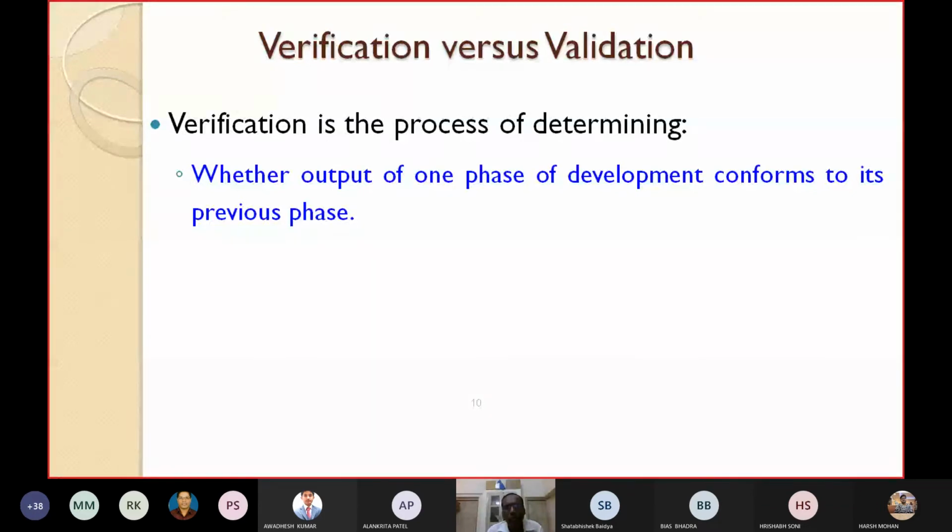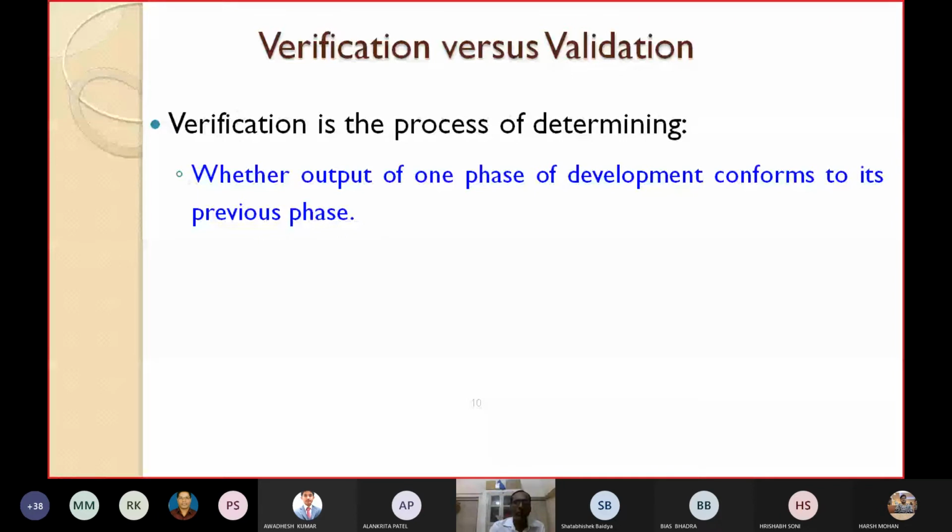Verification is the process of determining that the DFD we have got out of the design process conforms to the output of the previous phase, that is the SRS document, which is the output of the requirement analysis or requirement specification phase. So verification means determining whether the output of one phase of the development conforms to the previous phase. But what do you mean by validation?